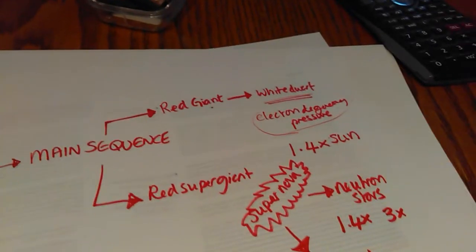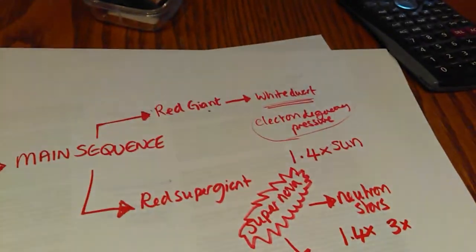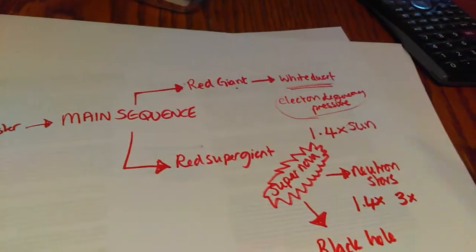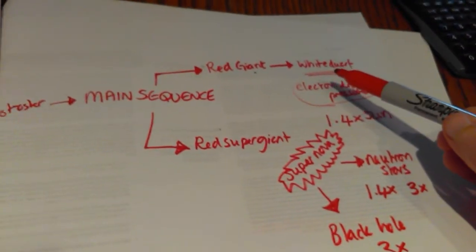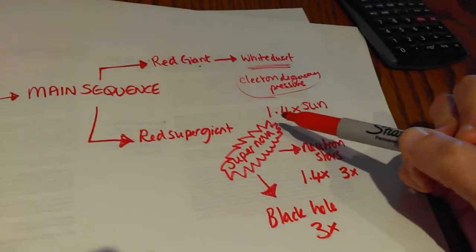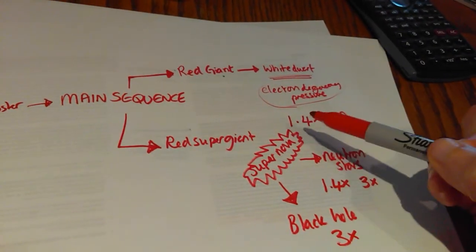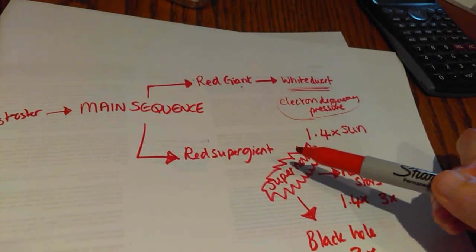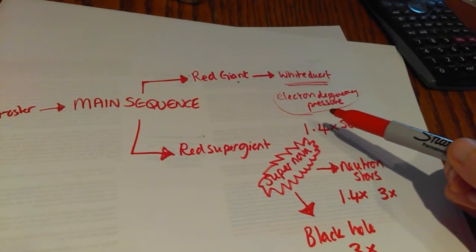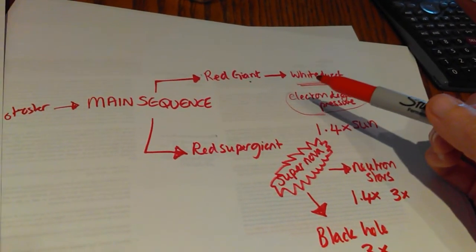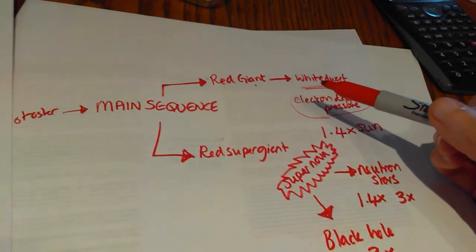So all you need to know about the Chandrasekhar limit is that it tells you whether you're going to get a white dwarf or a supernova, and it's about 1.4. Some sources said 1.3, but most of them say 1.4. What you need to know about electron degeneracy pressure is that it's what keeps a white dwarf stable. And if you can't have that,